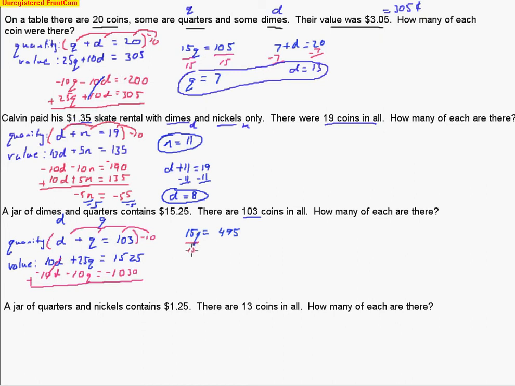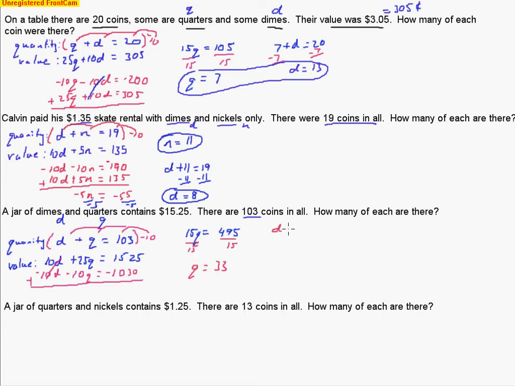From that point, we need to do some division now. Divide by 15. And 15 goes into 49, not evenly, but it does go into 49. It goes in 3 times, and there would be 4 left over. It goes into 45 evenly 3 times. So 33 quarters. To find the number of dimes, just substitute the number of quarters back in for Q